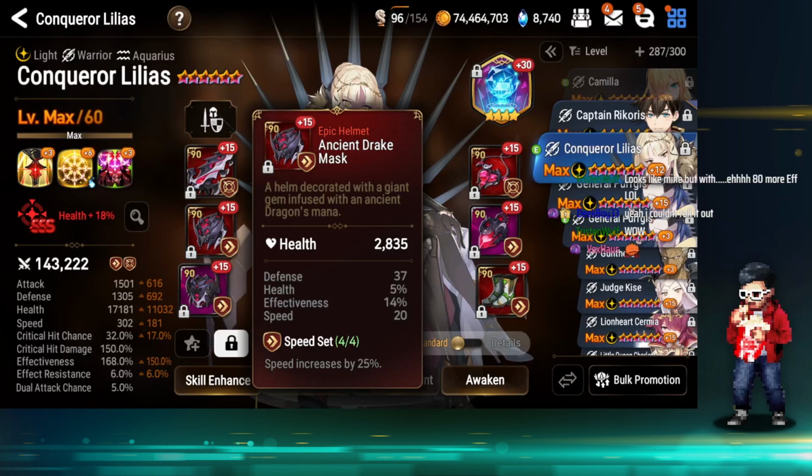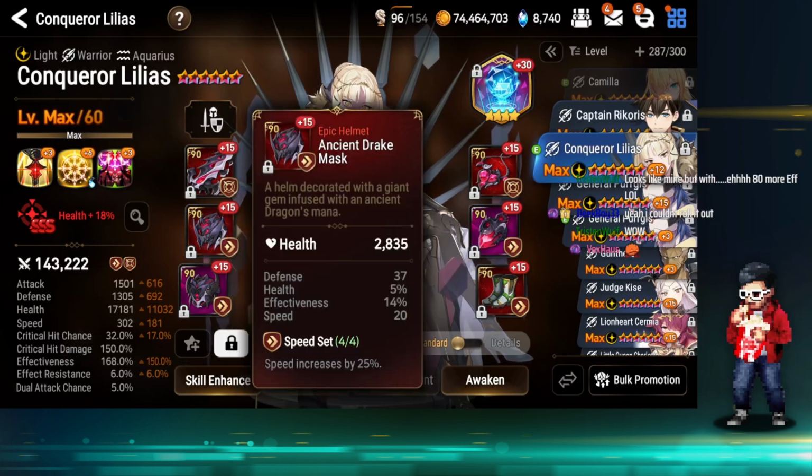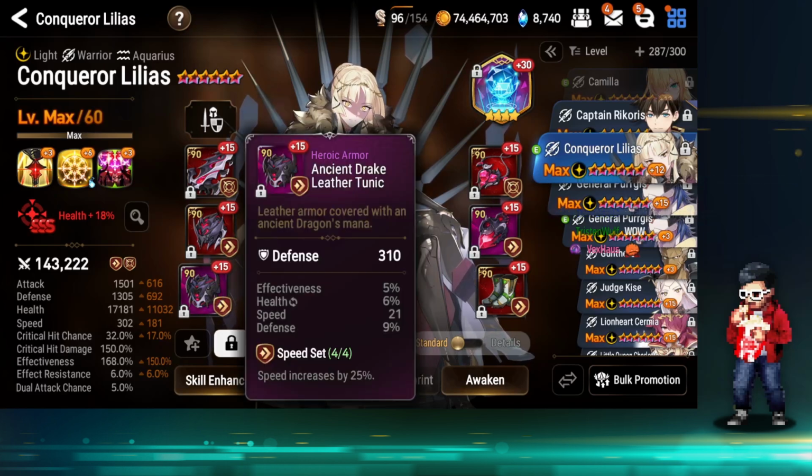Looks like yours are with 80 more effect. Exactly. That's what I mean, right? I've seen some top of the line Sea Lilias. They all generally need Champions Trophy to kind of carry the effectiveness weight. So the fact that he can get this on a non-HP or defense ring is pretty nuts, in my opinion. Like, this is 20 speed on speed, 21 speed,